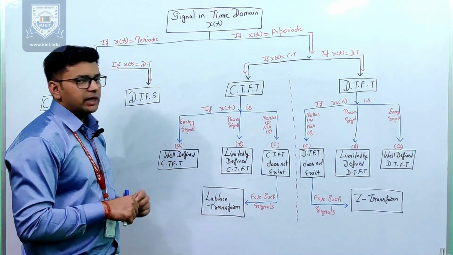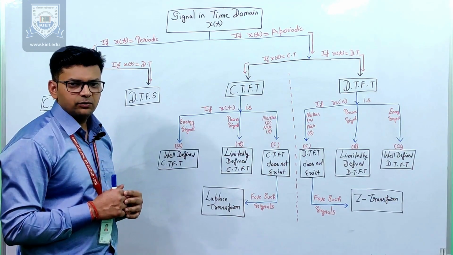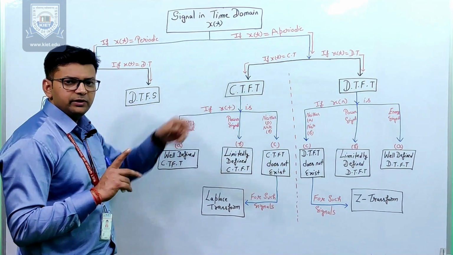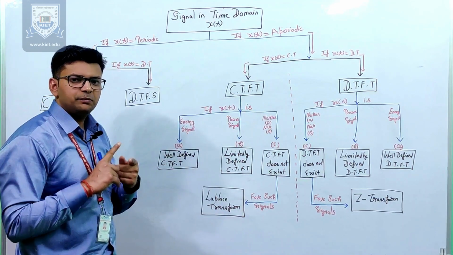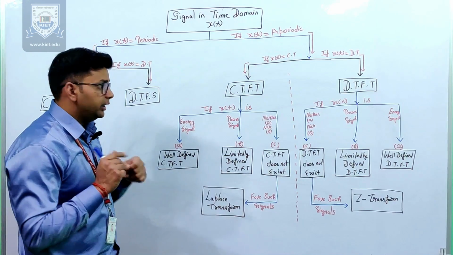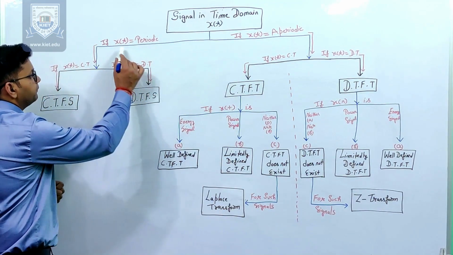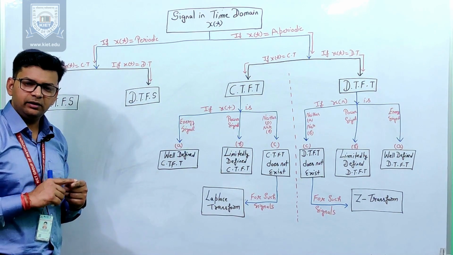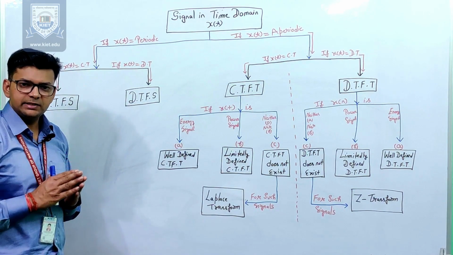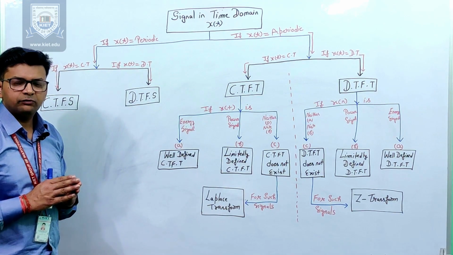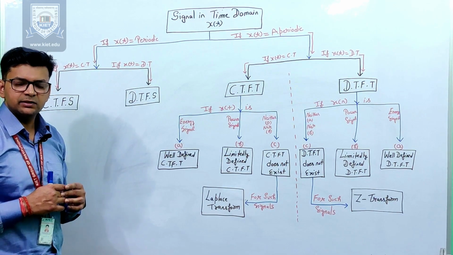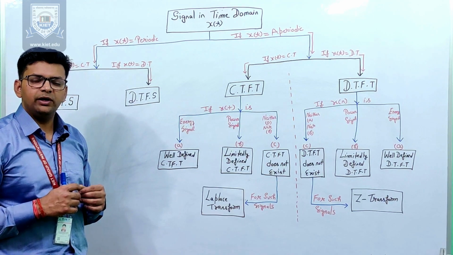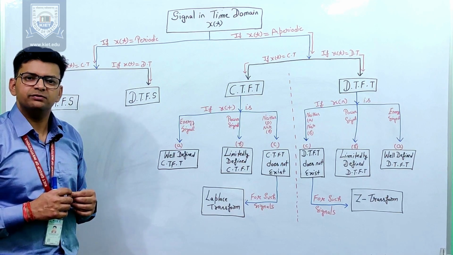If we have a signal in time domain, let's suppose that signal is x of t. We can categorize the signal in terms of two basic classifications. First is periodicity or aperiodicity. If my signal is periodic, then we can represent such signals directly in terms of their AC part and DC part. That technique is known as the Fourier series. Fourier was a scientist born in 1768 in France. His full name is Jean-Baptiste Joseph Fourier.